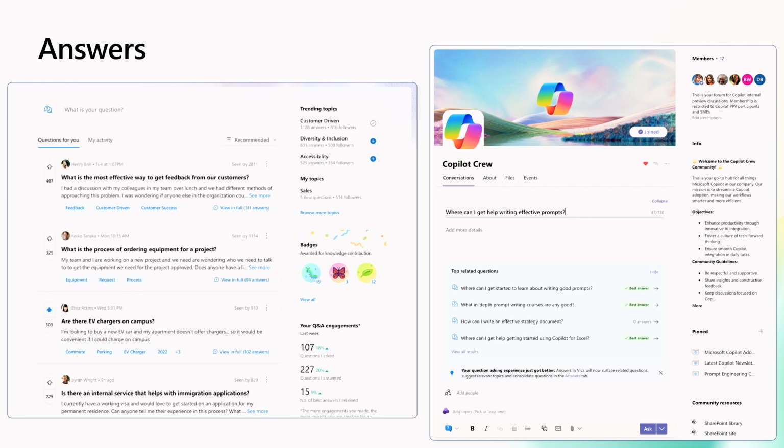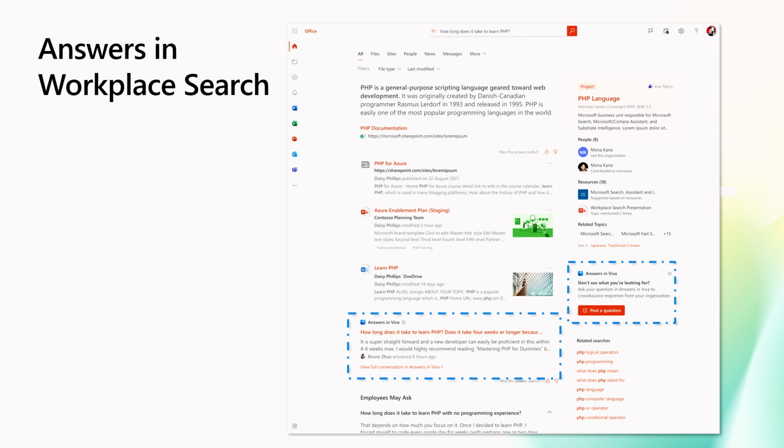On the right, then, you can see the answers content within a specific community. Here, AI is used to show and suggest similar questions to the one that's being asked to save you the embarrassment of asking a question that's already been asked before. And this is great for individual departments, communities of practice, or internal support communication. Now, once a question is asked and answered, that question really becomes durable knowledge for the organization, for reference for the future, to reuse.